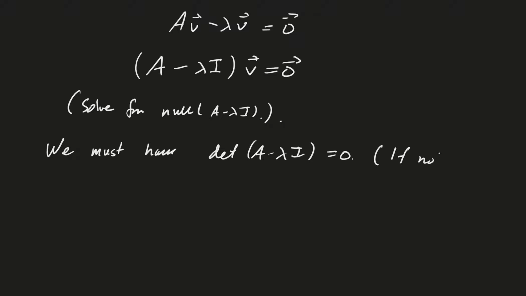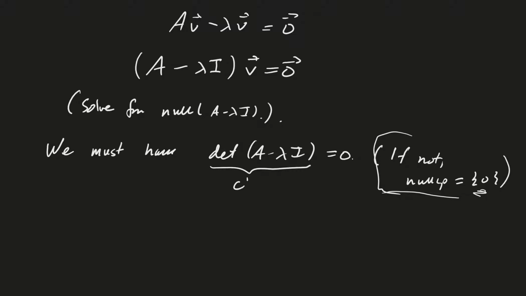If not, the null space is equal to just the 0 vector, and we need something that's not 0. Because if the determinant was not 0, then A minus lambda I would be invertible, and in that case the null space of an invertible matrix is just the 0 vector. Good. Okay, so this was called the characteristic equation,